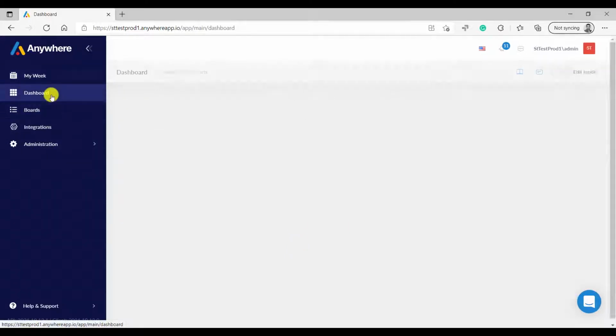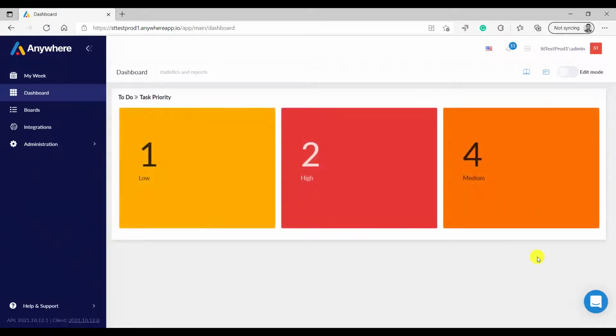All right. So the next is Dashboard. Dashboard is essentially a monitoring screen wherein you can monitor and track the overall health of all your projects across your organization. It works based on a concept of widgets. Widgets can be created based on each individual project, and I'll show you how to do that in a minute.